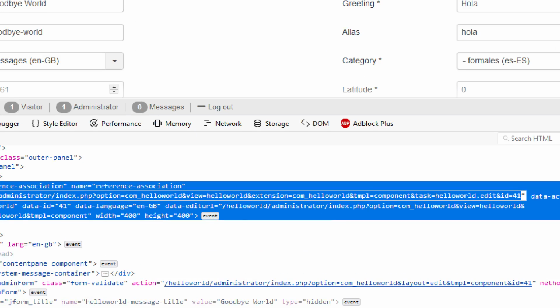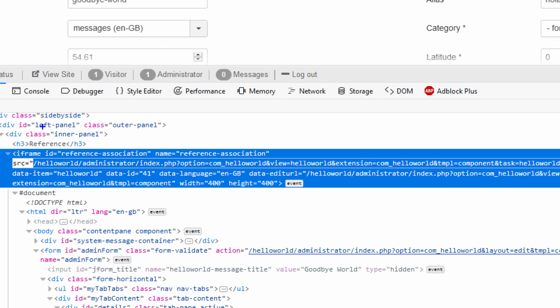If I zoom in on that, you can see its source is hello world administrator index.php. Its option is com hello world, view hello world, and the task is